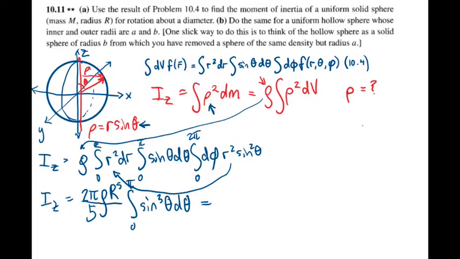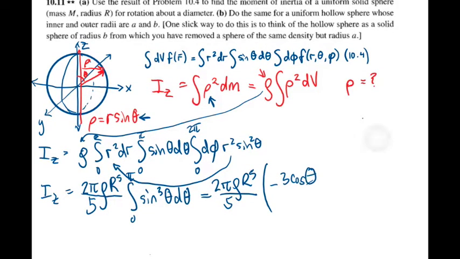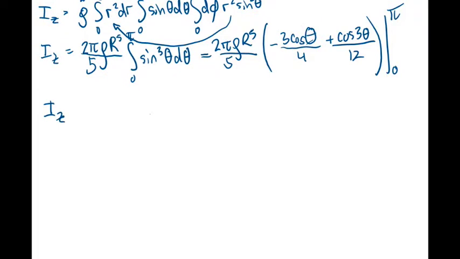So I looked up this integral, and you can too. It integrates to, just writing this out front first, negative 3 cosine theta over 4 plus cosine of 3 theta over 12. And that is evaluated from 0 to pi. Cosine is not 0 at either of those places. So we have